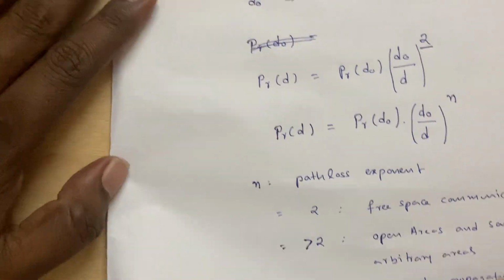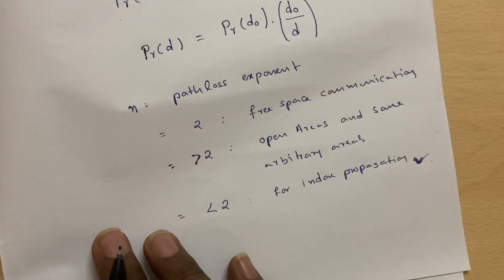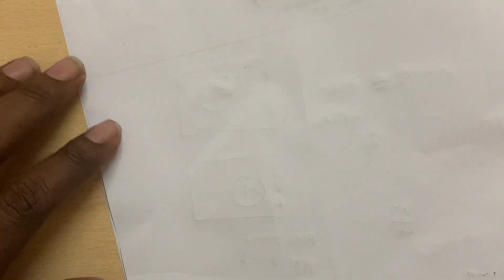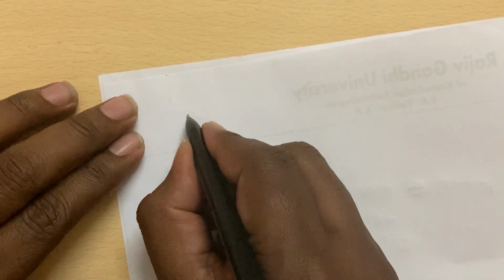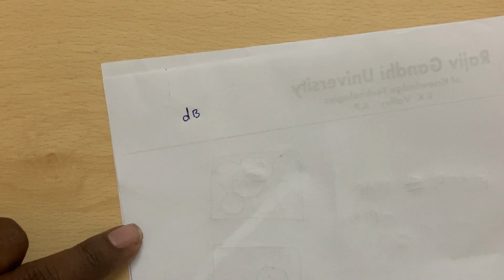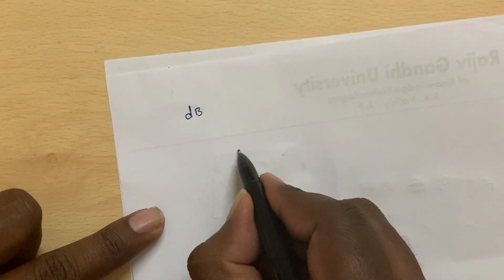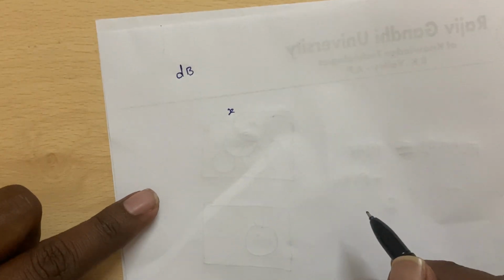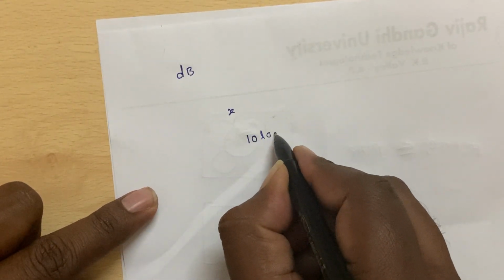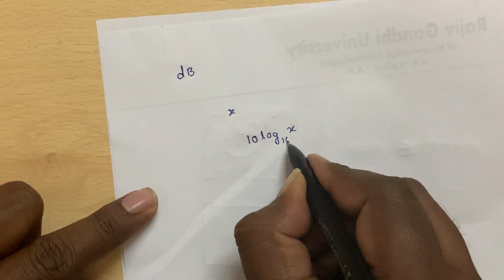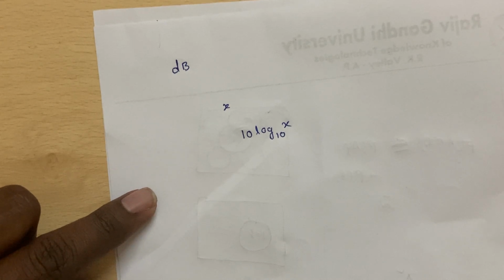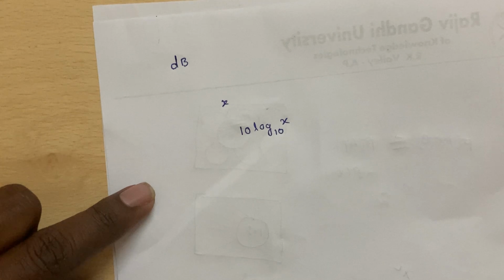That is today's discussion, and we will just now cover dB and dBm for 2 minutes. So everybody knows what is dB. Decibels. How do you convert from linear scale to dB scale? If there is some value x in linear scale, some decimal number, then its decibel value will be 10 log x base 10.